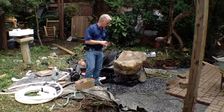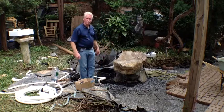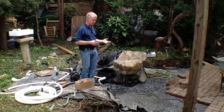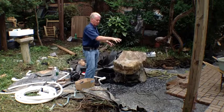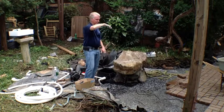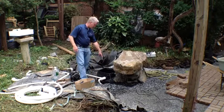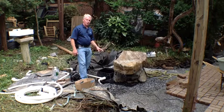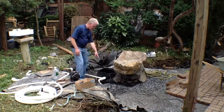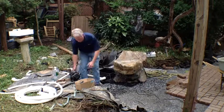Underneath here is our 1,000-gallon reservoir, and so we've used a product called Aqua Blocks. There's 32 of them, and there's a 10-foot by 8-foot reservoir, about 3 feet deep, that collects all the water, and that's where the pump lives. The pump lives down here in our vault, and there's a few other things like an ionizer that kills algae, and also this pipe, the white pipe that's coming out here, runs to our booster pump,